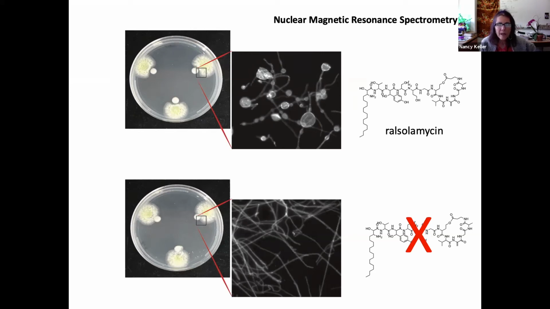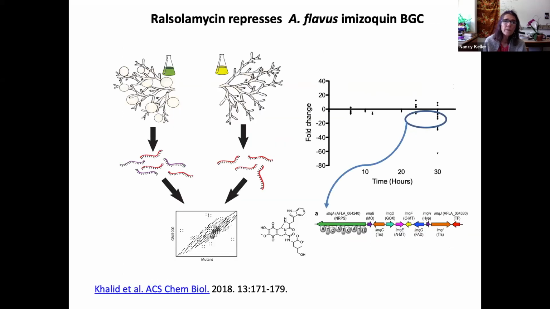This seemed to us at the time perhaps not necessarily something that was helpful for the fungus, or, well, I guess it was six of one, half a dozen of the other. There's that antifungal effect, but chlamydospores are spores that are very resistant to abiotic stresses, cold, heat, etc. But if a lot of bacteria go in it, is that going to obfuscate the advantage of making these? So we wanted to ask, what does the fungus do when confronted with ralsolomycin?